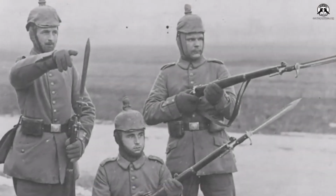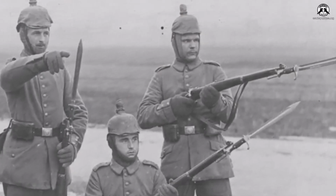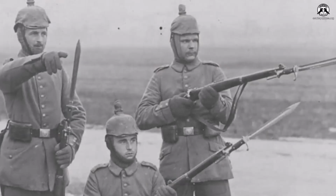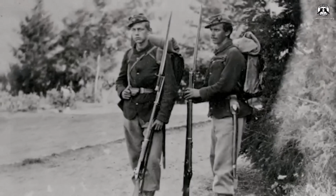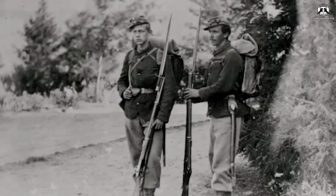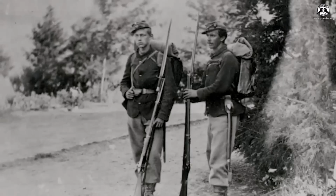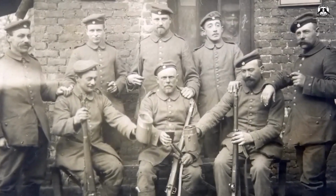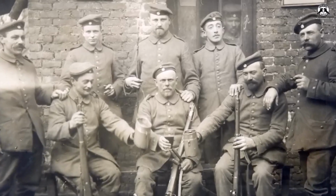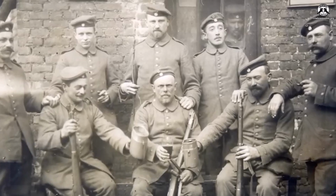In reality, the bayonet served a much more significant purpose as a multi-purpose camp tool. Soldiers would often use it for a variety of tasks, such as digging, which was essential for creating defensive positions like trenches or latrines. It was also useful for cooking, allowing soldiers to hold a pot over a fire, especially when a more specialized tool was unavailable. This adaptability made the bayonet an indispensable item in the soldier's kit, far more useful in non-combat situations than on